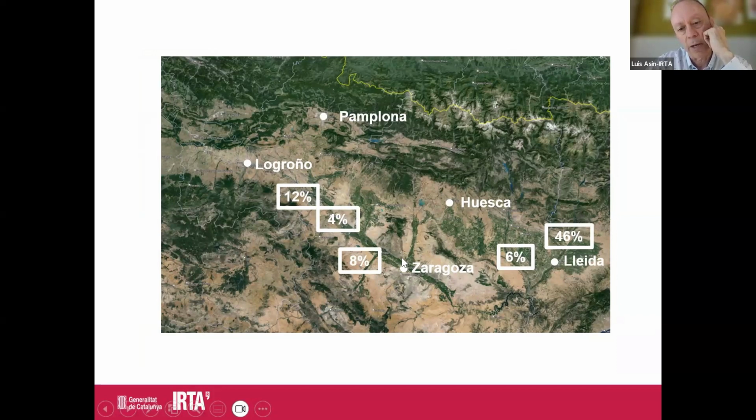You can see this green part is just because in the middle you have the river, and you have irrigation receiver on the left or on the right, and other rivers in the same situation that come the water from the dams, and they are located in the Pyrenees, on the border of France and Spain. And you can see that approximately half of the Spanish production is located just right here in the Lleida area where